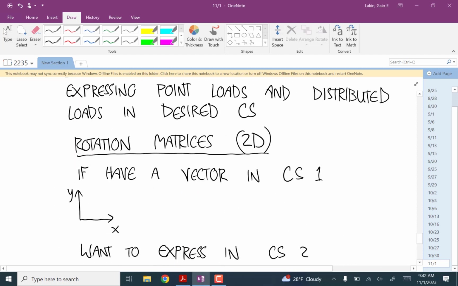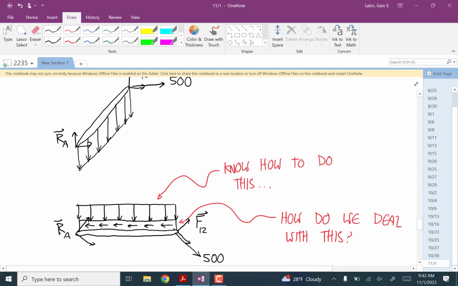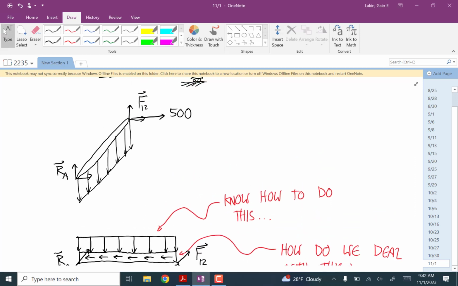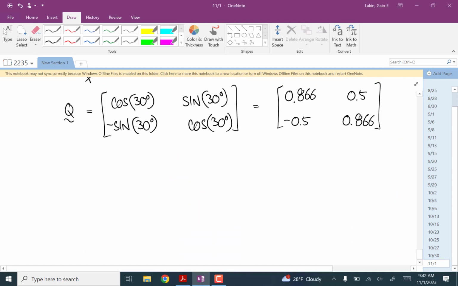And let's do it with that 500 Newton force. Let's see how it works to re-express this 500 Newton force in the new coordinate system. So in the old coordinate system, you can see that 500 is just 500, 0, right? That's easy to visualize. So now we're going to go